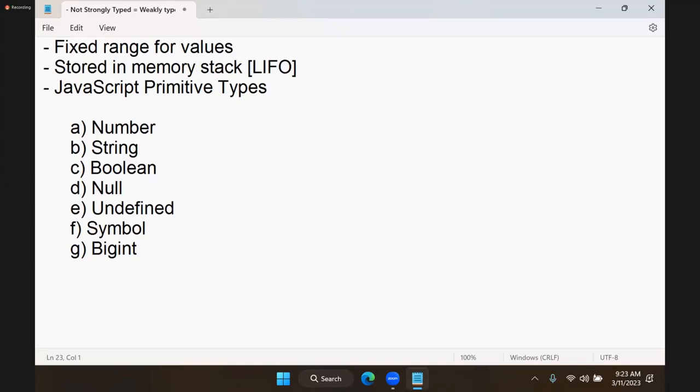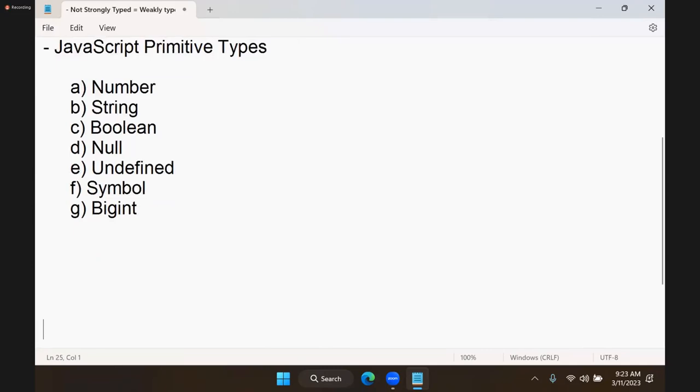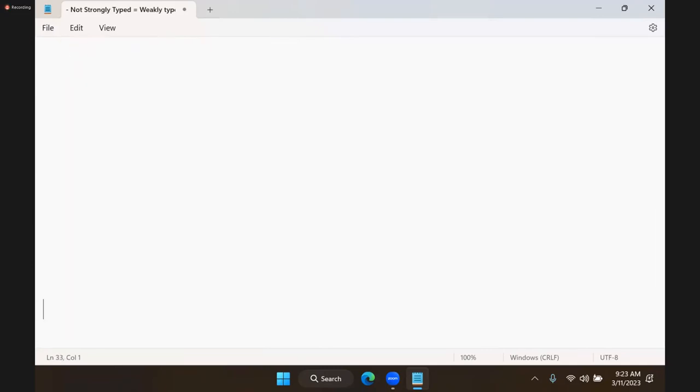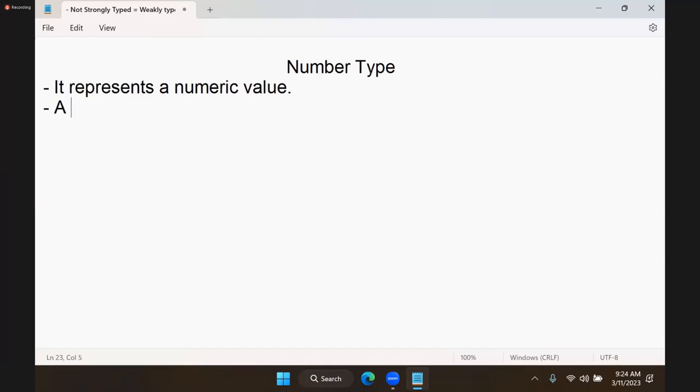In JavaScript, we don't have that. But we should know, if I am dealing with numbers, what are treated as numbers? For example, first important in the data types, we will see the number type. Actually, it represents a numeric value. And according to JavaScript, what is a numeric value? According to JavaScript, a numeric value can be